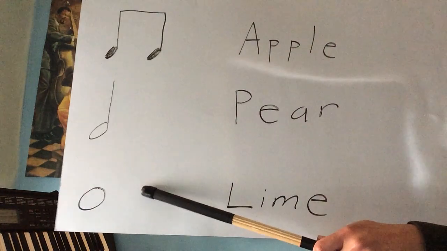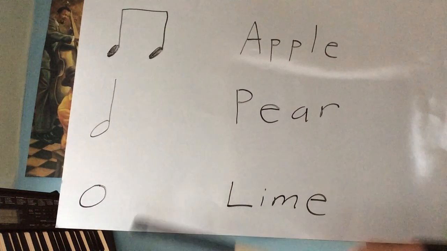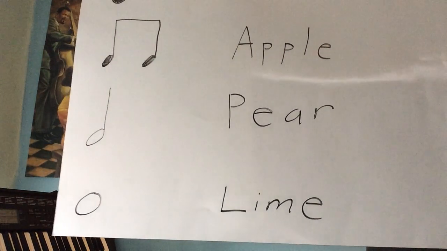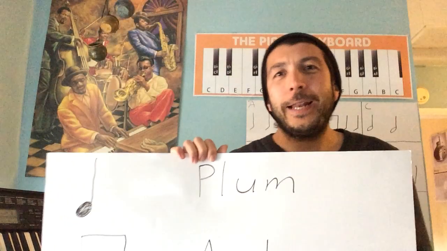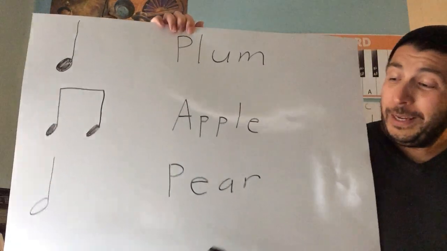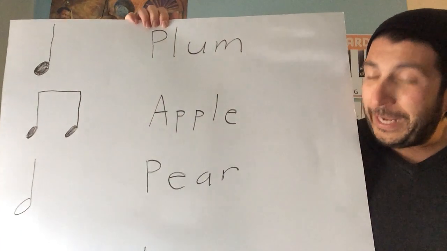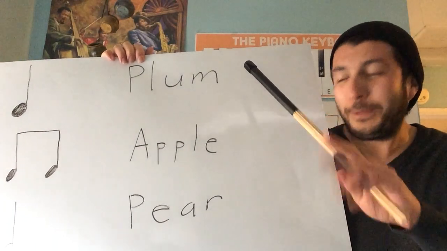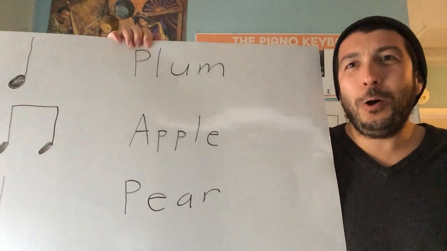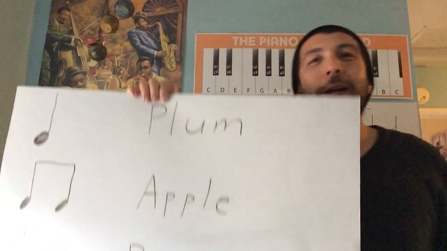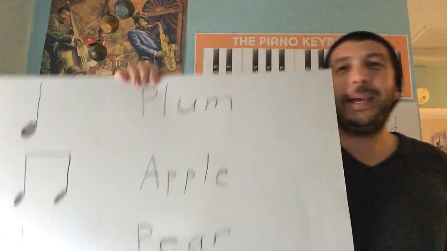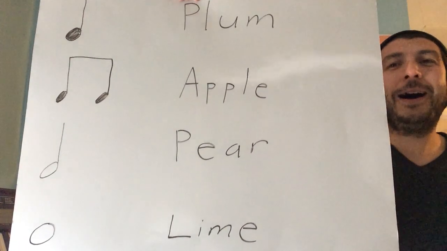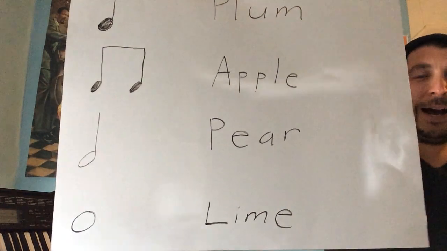Okay. This is called a whole note. Whole notes are really, really long. I'm going to use the word lime when we're looking at whole notes. Whole notes take up the same amount of time as four plum sounds. So when we're counting whole notes or lime notes, we're going to hear 4 clicks in the metronome, like this. Lime, lime,